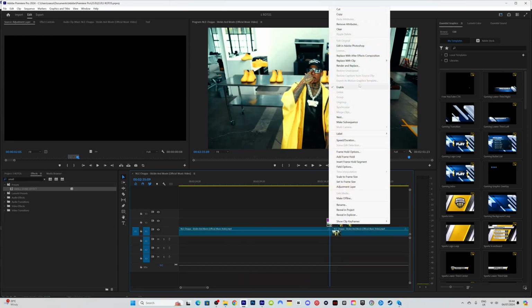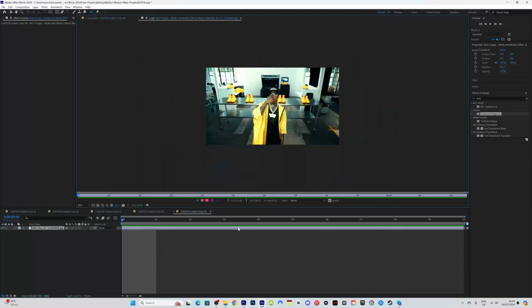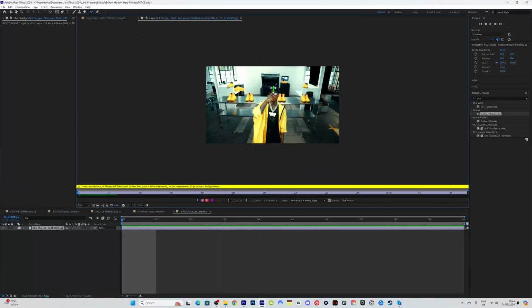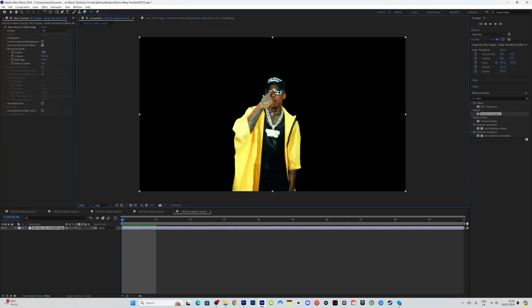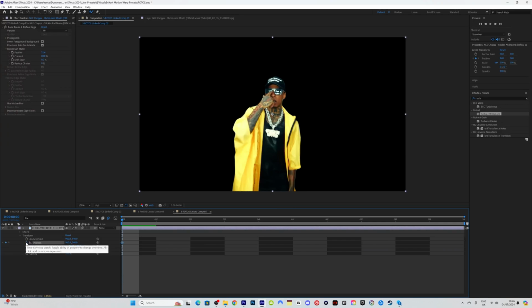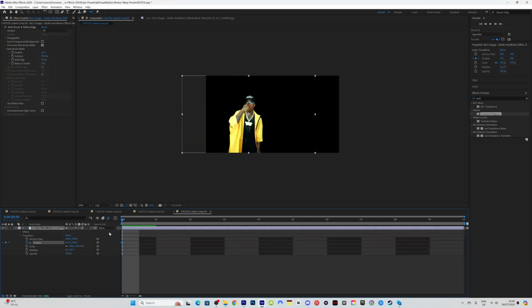So we're gonna right click, replace with After Effects composition, and simple as that, we are just going to rotoscope our subject or your mask. You're just gonna clean it up how you want to, which is around there for me. And then we are gonna add some motion blur. We're gonna go to transform and position, and then we are going to make sure that this is coming off the screen. So I'd say, let's just say around here on the left side, and we could perhaps make it a little bit,